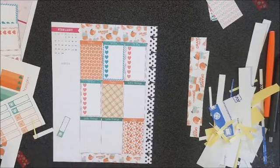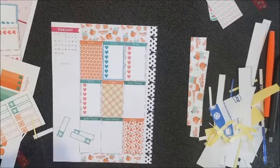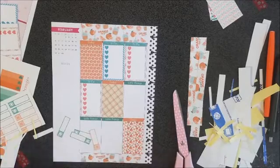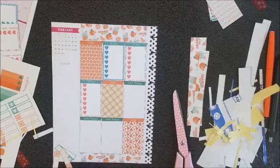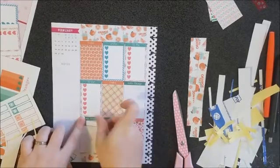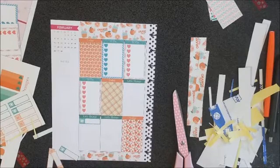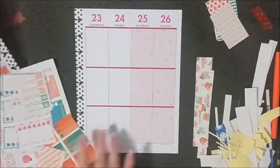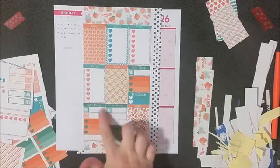So here I'm just cutting out my little dinner boxes. I do put my dinner boxes in my little things sections because I like to track that as much as I possibly can. This year I am on a fitness journey, so I am trying to get a lot healthier. I don't track all of my foods, but I do try to keep on track with the dinners at least. And here you'll see that my camera cut off, it ran out of space, so I did miss some of the boxes,